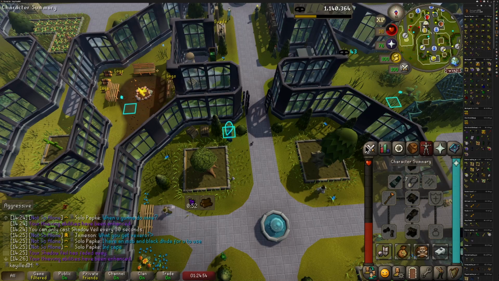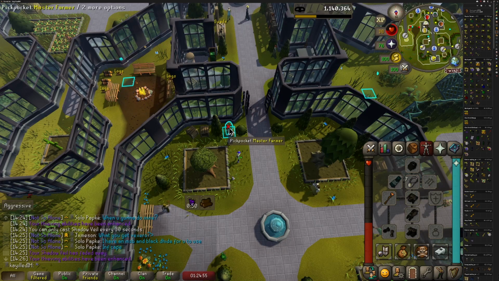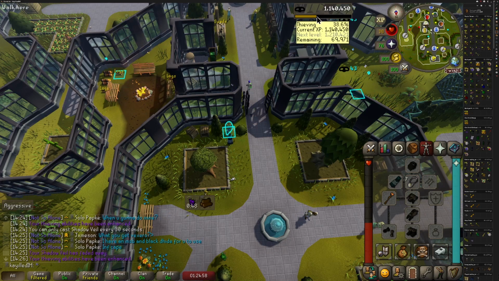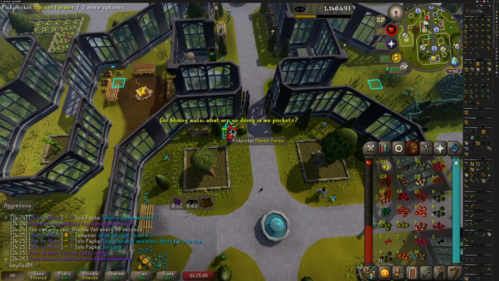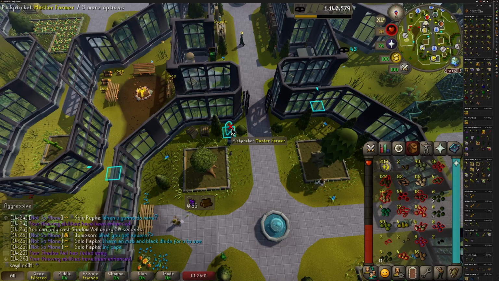But one thing I am going to have to do is make some more dodgy necklaces, because I went through almost 4 and I'm only a little over a third through the level, so I might have to make a few more of those in a second. We'll see, but so far I'm super stoked about having 12 Ranar seeds to plant, because I am always